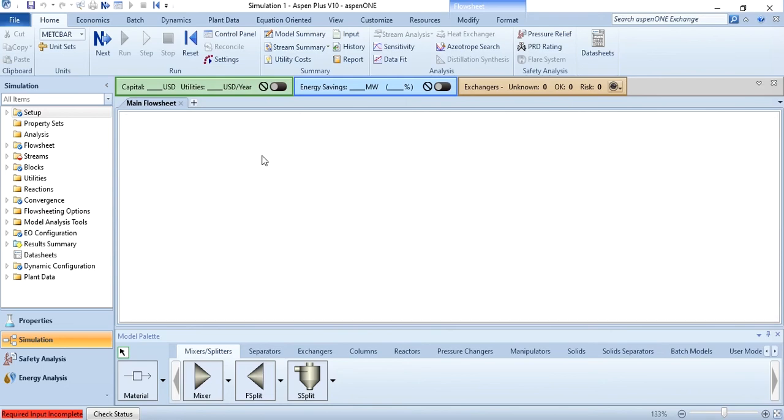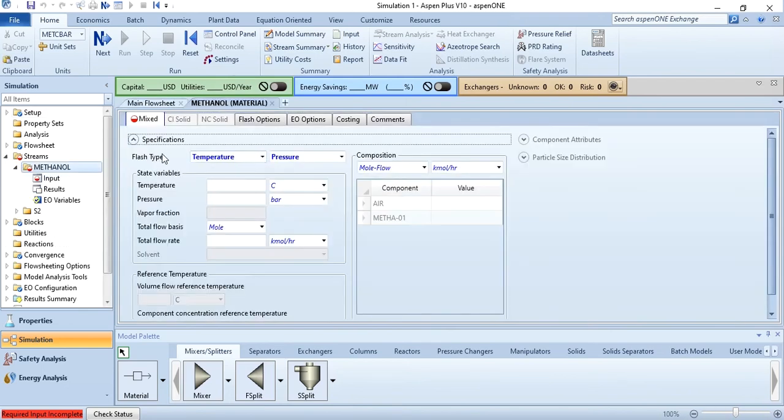Now click on this methanol stream, and you see in specifications, in flash type, I had told you that there are three parameters, out of which you have to give two parameters. यानी आपके पास तीन पैरामीटर हैं, टेम्परेचर, प्रेशर और वेपर फ्रैक्शन। इसमें से आपने दो पैरामीटर्स देने होते हैं लाजमी तौर पे। अगर आपके पास टेम्परेचर प्रेशर गिवन है तो आप यहाँ से फ्लैश टाइप में टेम्परेचर और यहाँ से आप प्रेशर सेलेक्ट कर लेंगे। अगर आपके पास टेम्परेचर और वेपर फ्रैक्शन गिवन है तो यहाँ से आप टेम्परेचर और यहाँ से आप वेपर फ्रैक्शन सेलेक्ट कर लेंगे। अगर आपके पास प्रेशर वेपर फ्रैक्शन है तो यहाँ से आप प्रेशर और यहाँ से आप वेपर फ्रैक्शन सेलेक्ट कर लेंगे।